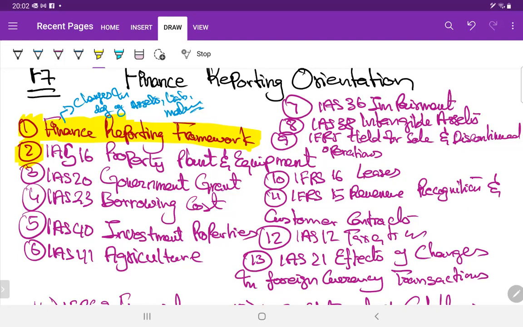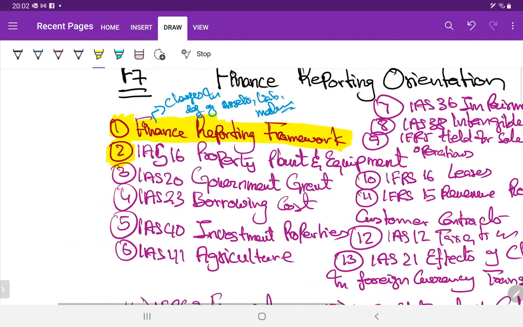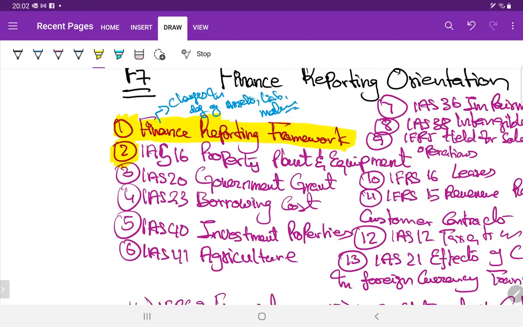In this topic, you will learn what is a non-current asset, you will learn the recognition criteria, you will learn the measurement criteria,